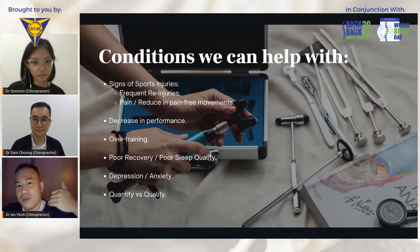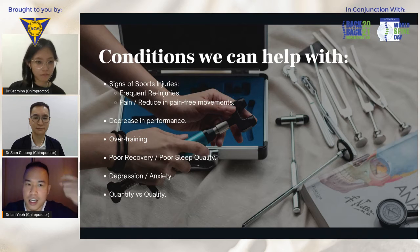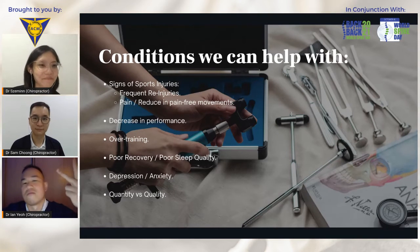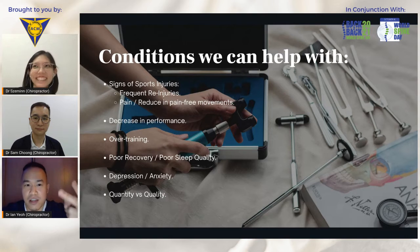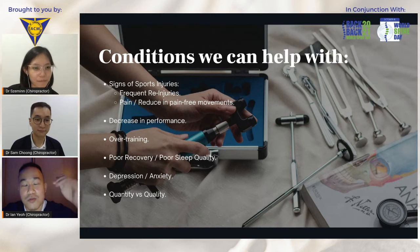What happens more often than not, when proper rehabilitative techniques are not applied, is that they also feel that their legs are not the same anymore as before or as pre-injury. This could affect their performance as an athlete, or even as an individual, who might notice, number one, that they miss a step more often. Two, they have no confidence when going downstairs, or they feel like their legs are not grounded. Or number three, even going down from a hike, they feel like their legs are about to fall off. So these things can be sorted out with proper guidance from a clinician who's trained in rehab techniques,